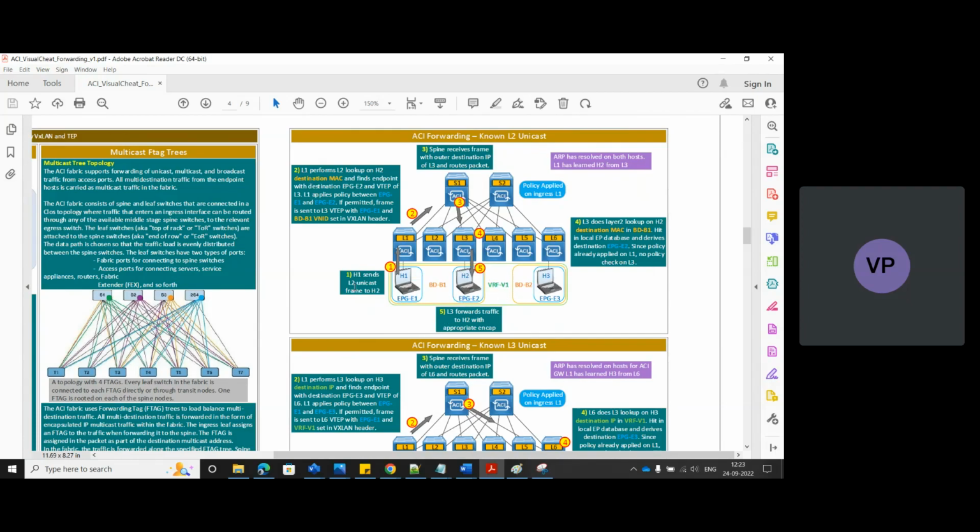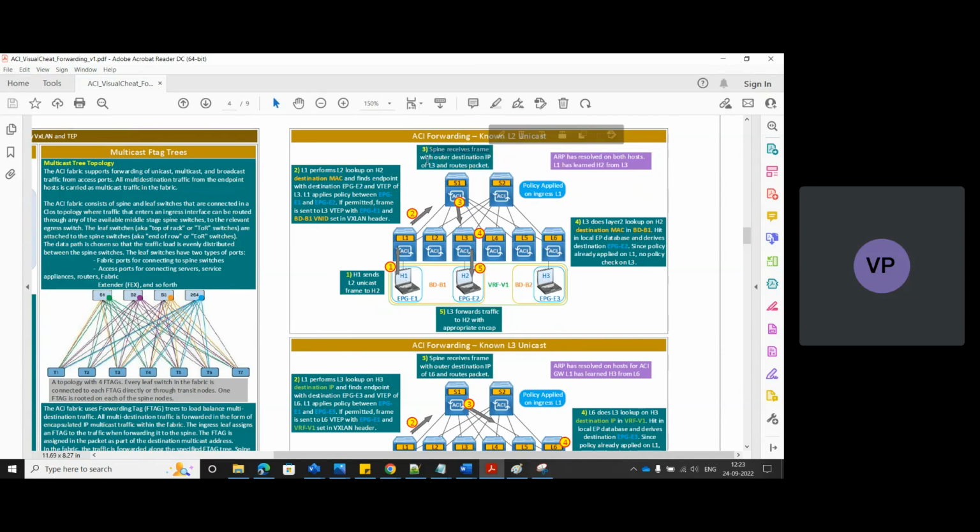Okay, how the traffic will work? Traffic will first initiate from host to the gateway, which is leaf 1 is the gateway. L1 represents leaf 1, L2, L3, L means leaf here. So the moment leaf 1 receives the packet, it will do the L2 lookup based on the destination MAC address. Right? It finds that destination MAC address belongs to this particular leaf, tab 3, right? Because it's a known unicast, the source leaf switch will already have the information about the destination. Then the packet will be forwarded to the